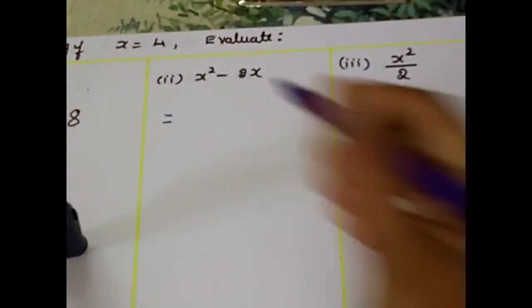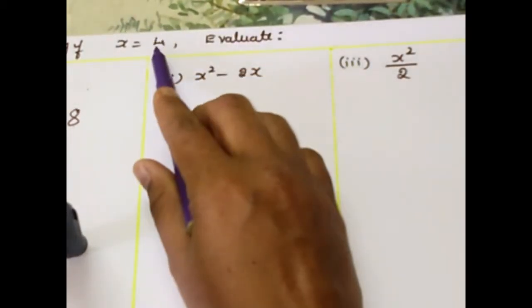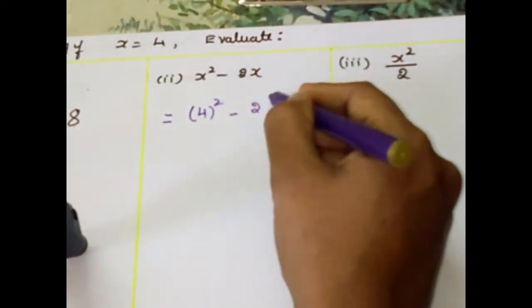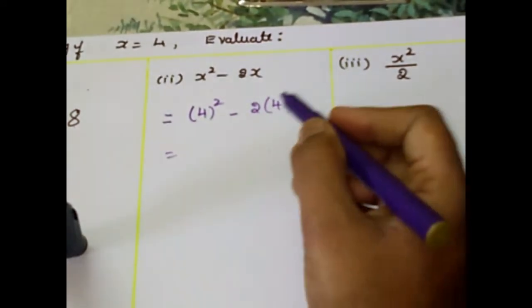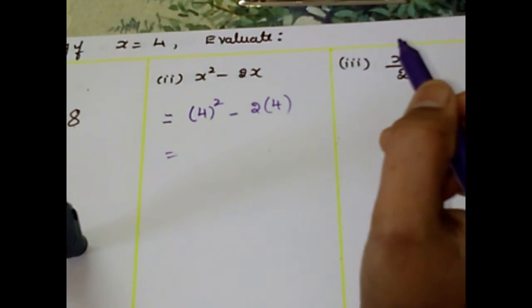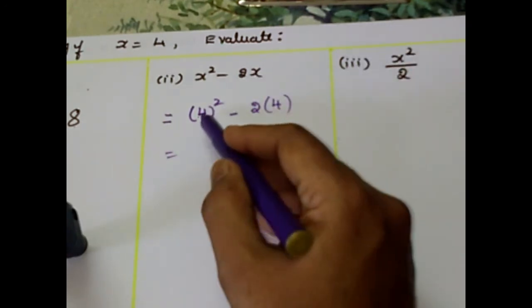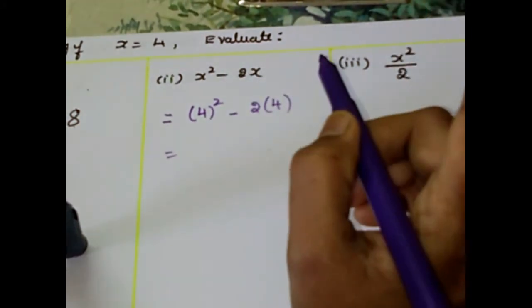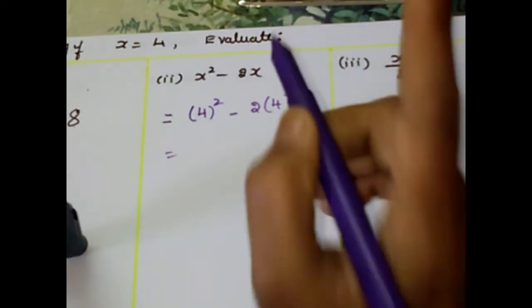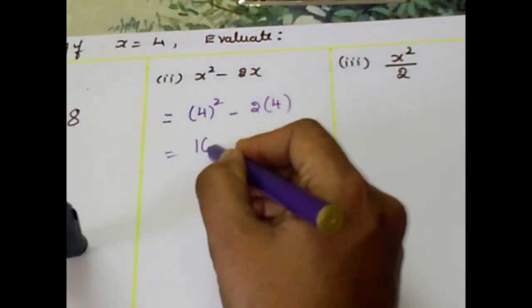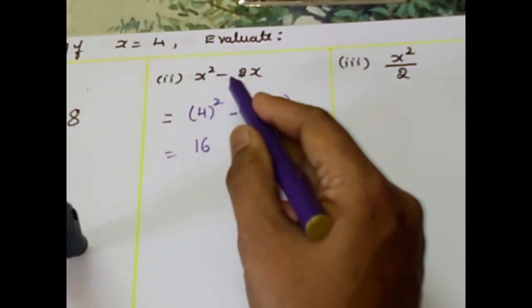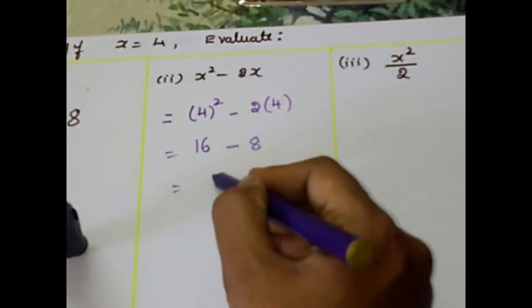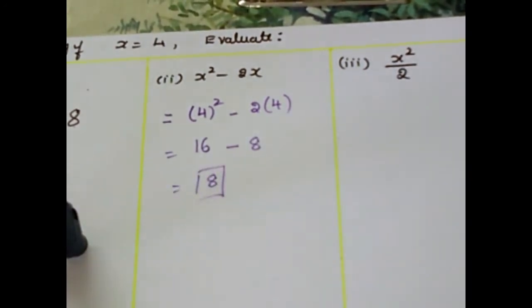Now here we have x square minus 2x. What is the value of x? x is given as 4. So 4 square minus 2 into 4. The second step is very important. That means you have to substitute the value carefully. Now what do you mean by 4 square? You can write 4 into 4 or directly 4 4s are 16. As you are in class 6, I suggest you write directly 16. How did we get this 16? 4 4s are 16. Carry the minus sign. 2 4s are 8. 16 minus 8 is 8.